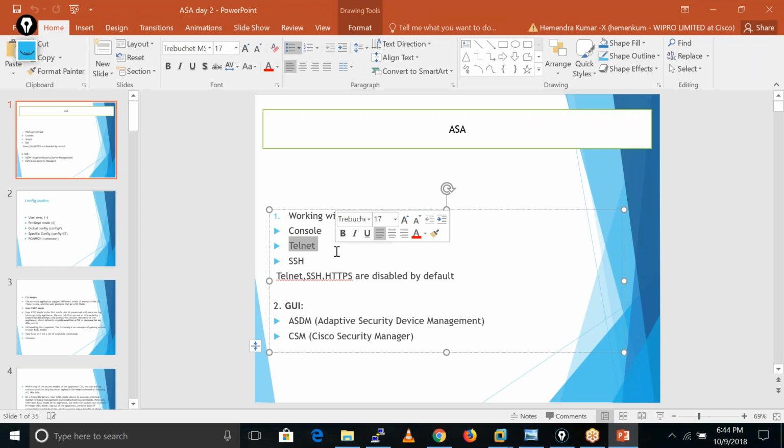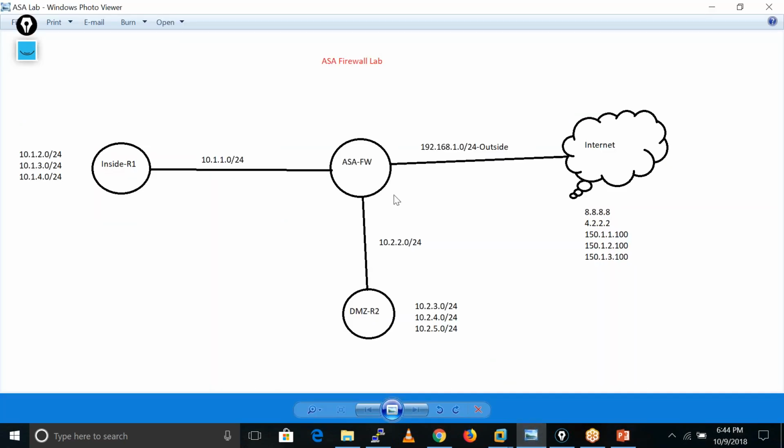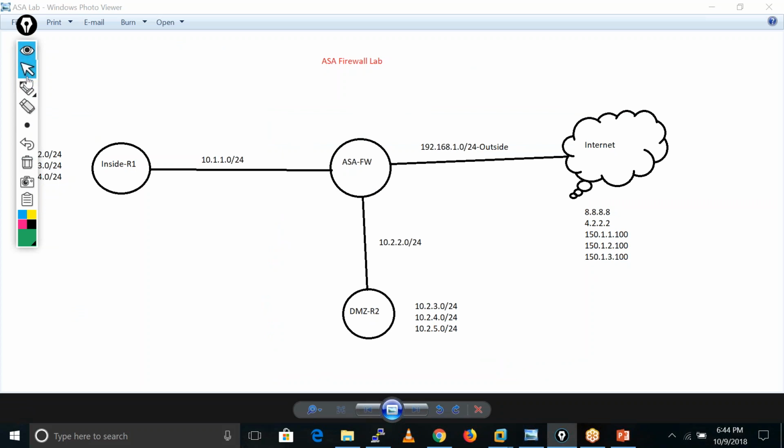We also have telnet. So what happens in case of telnet? Like this is my ASA firewall, and let's suppose this is my inside interface. I will configure telnet on this interface. I just enable the telnet services on this port. Let's suppose this is an Ethernet 0/1 port. So I enable the telnet service over there, and I run telnet from this PC, or this inside user.